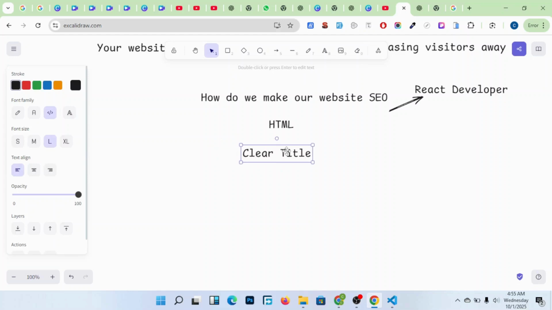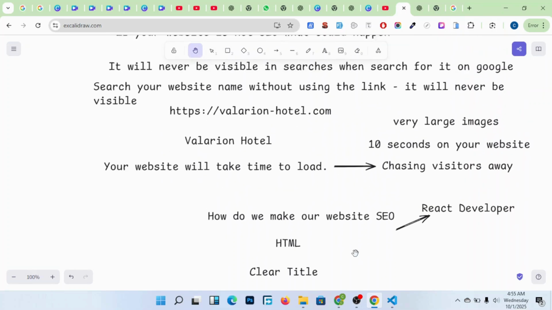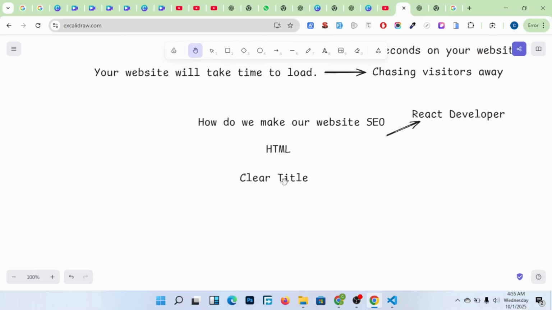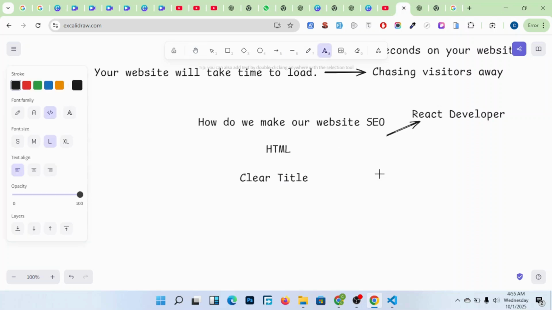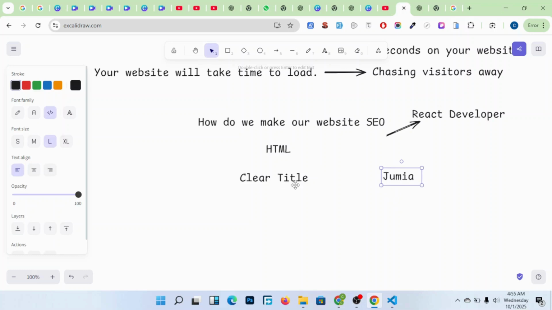When someone goes to your website and searches, for example, Valerian Hotel, it should be the one that you used in the title here. If someone is searching, for example, Jumia, it should be the one that you put in the title.